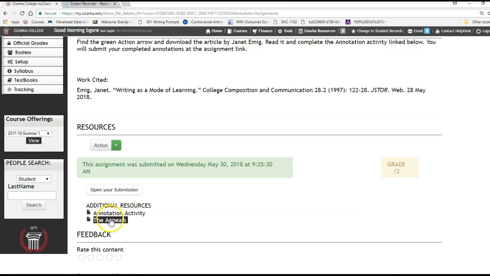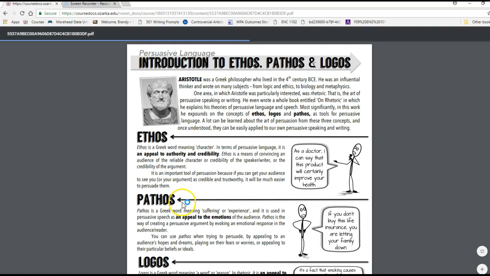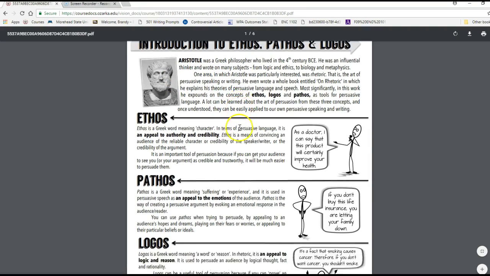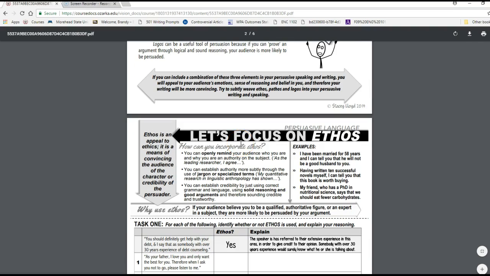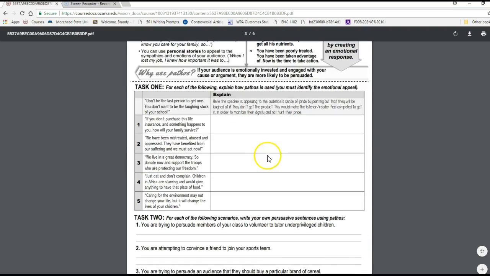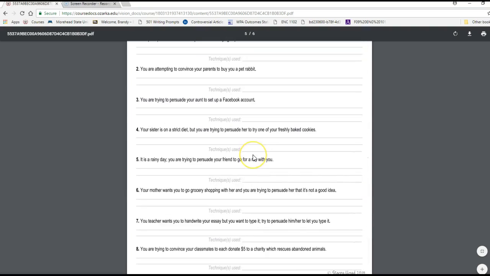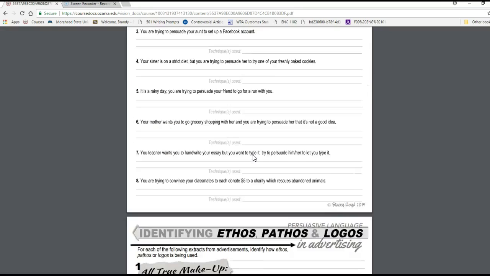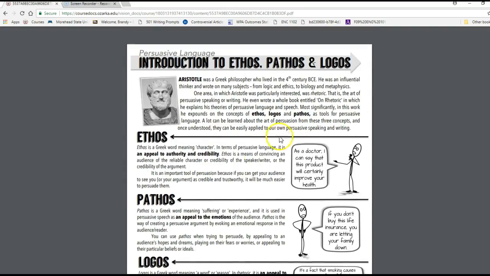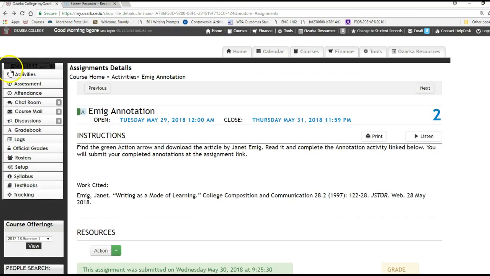You're going to see a lot of linked assignments. There just happen to be two here, and I mentioned this in the announcement, but I wanted to go ahead and talk about it. This is just informational. So of course you should read over it. It just helps you to be a little bit more prepared. You're not filling this in. This is just one document. I use it sometimes in the classroom. It's more about the first page, okay? So just read over what these mean. By no means am I expecting you to fill this out. Okay, but also on that note, and we'll talk about the appeals in another video,